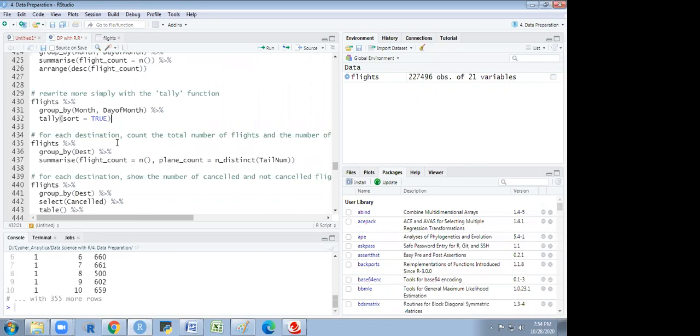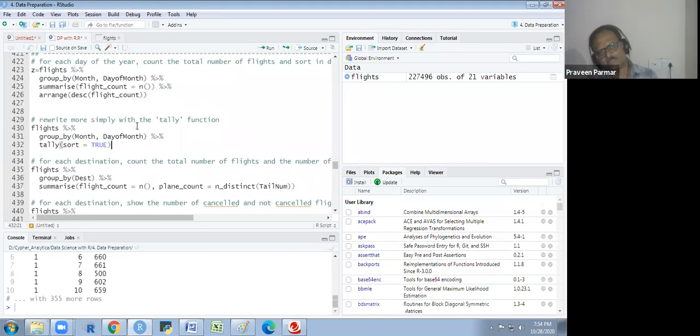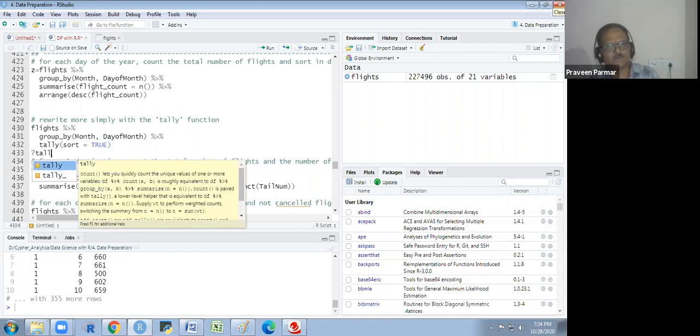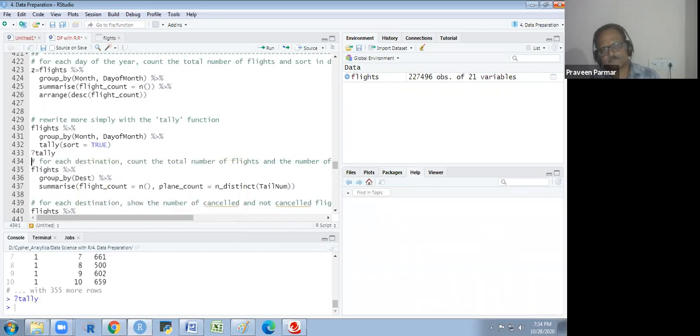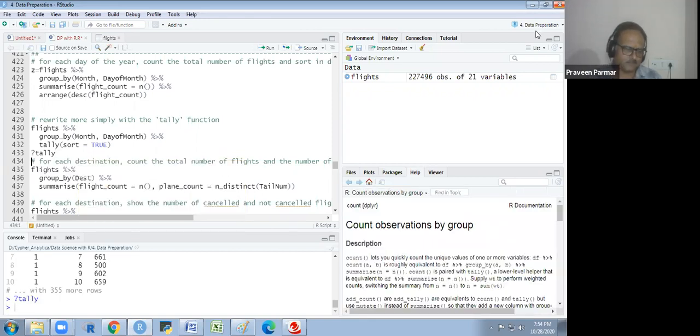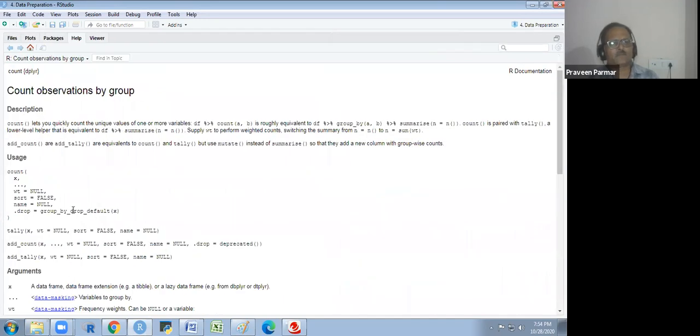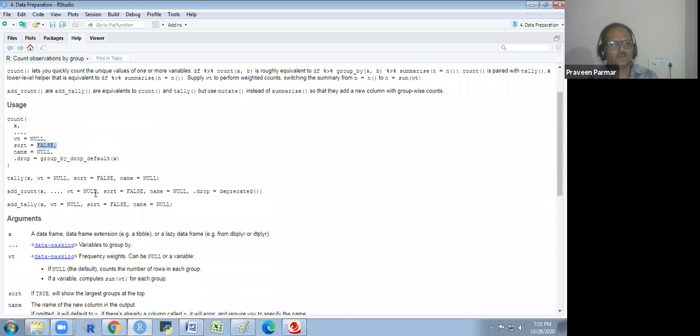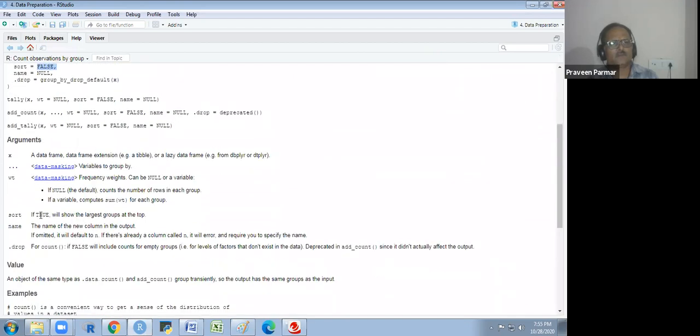Sir, how do we get ascending order? For ascending order in tally, we don't have that, but I will check the syntax of tally. If there is ascending order, they have given some option. Sort: if true, it will show the largest group at the top.